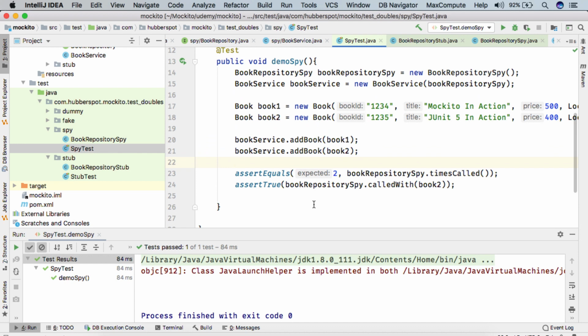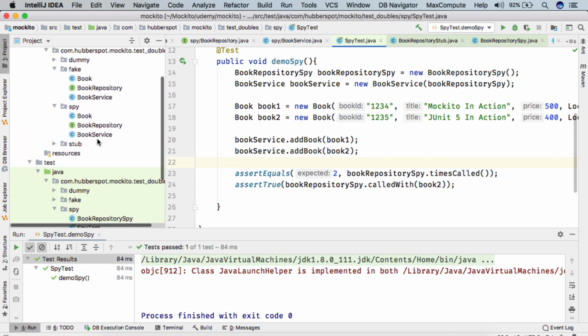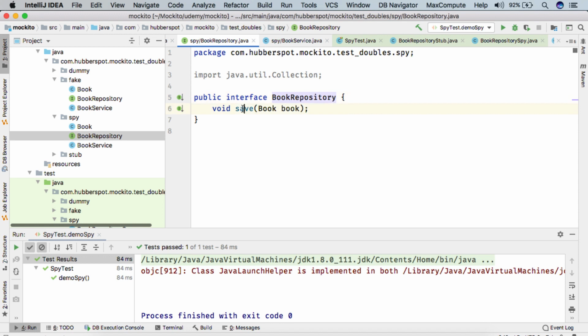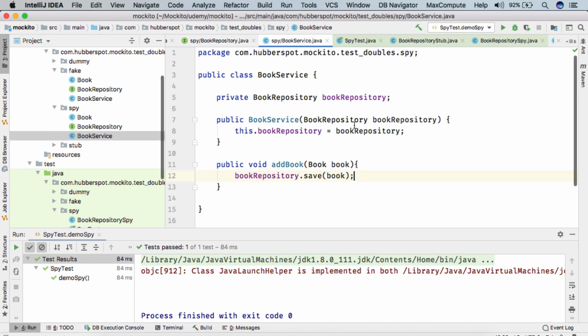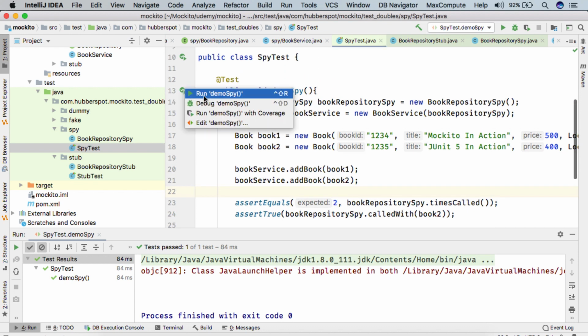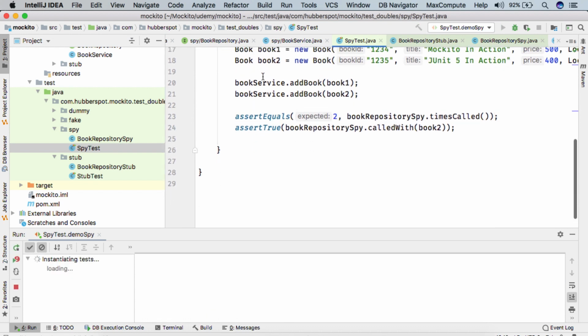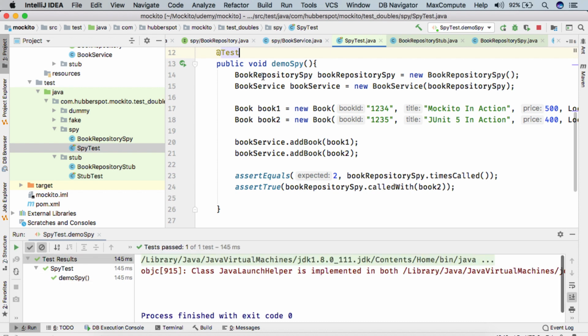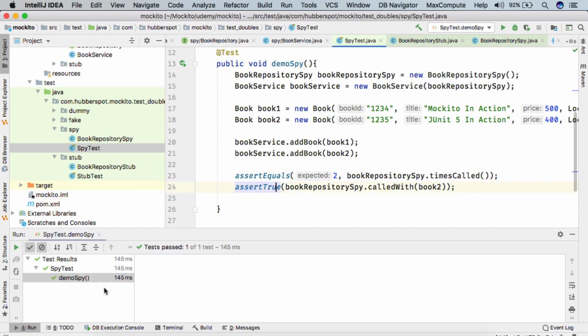So it basically helps us in verification that the save was called, plus that the save was called with the actual book we are passing to the book service add book method. So here, if I run the test case now, you can see the test case got executed successfully.